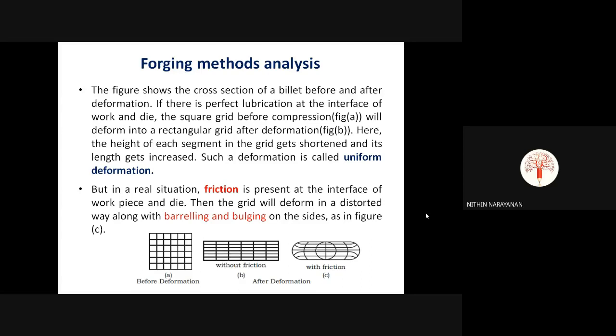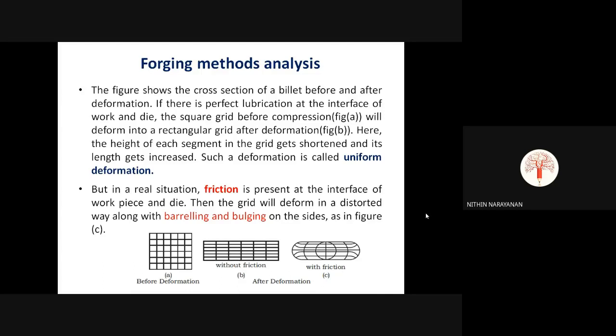Whatever it may be, it is a forging operation. So the contact is coming between the workpiece and the die material, right? Actually, the die is coming in contact with the workpiece or this billet while squeezing. So there will be contact between the die surface as well as this workpiece. So friction is coming into play between these two contact surfaces.